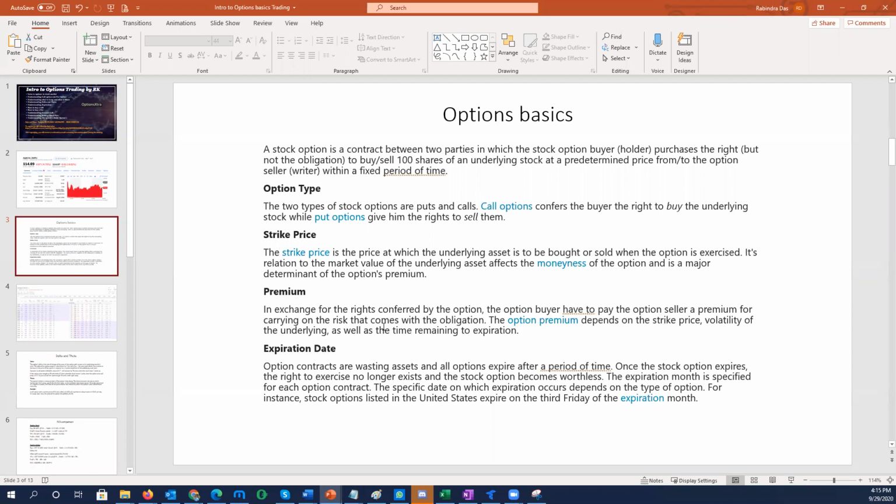For each option, you have an expiration, and the default expiration is every third Friday of the month. So every third Friday of the month is your monthly expiration. That means options expire every third Friday of the month. So what happens at expiration? If you didn't make the money, then your option expires. That means whatever premium you paid is lost. Okay. Options are wasting assets. So we'll see that one.